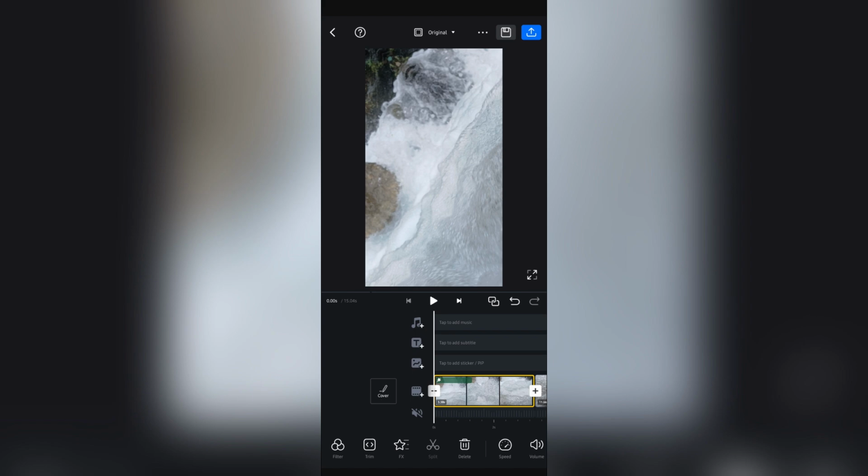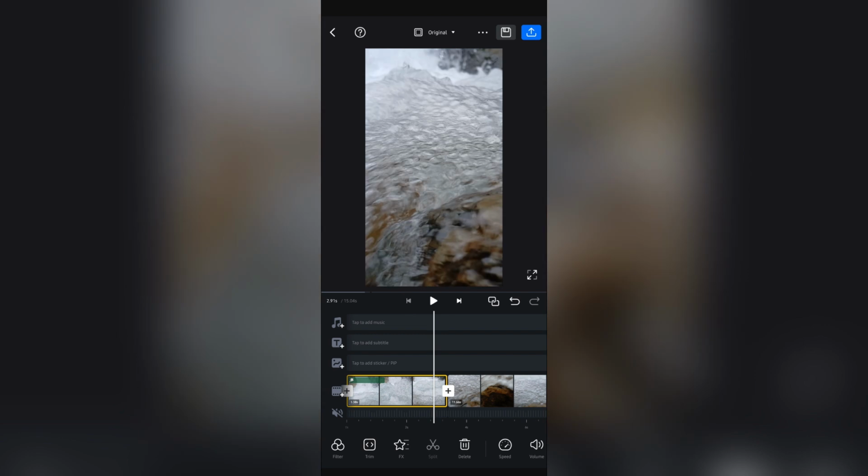And after opening or creating a project, you will get to see this page where if you have two clips, you will get to see this plus icon in between of them. Now in order to add the transition, just simply tap to this plus icon and then you can select the